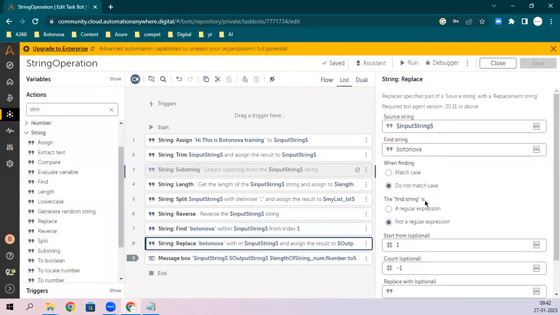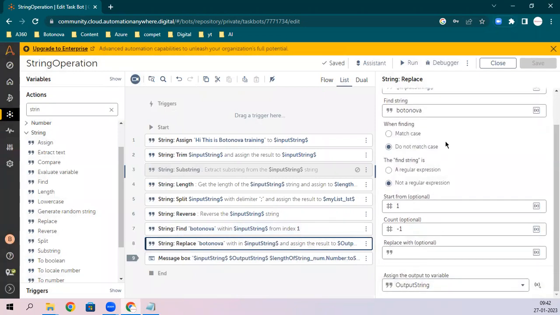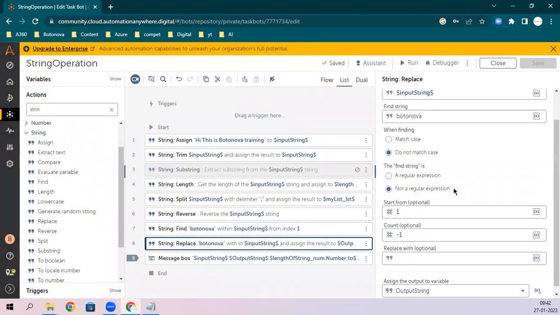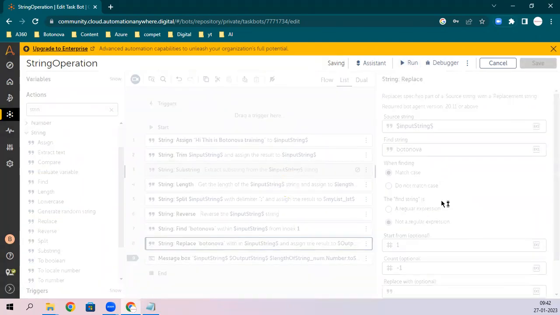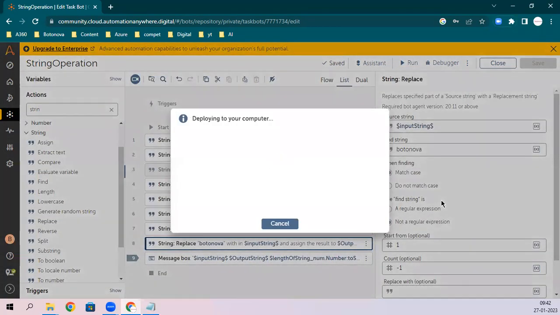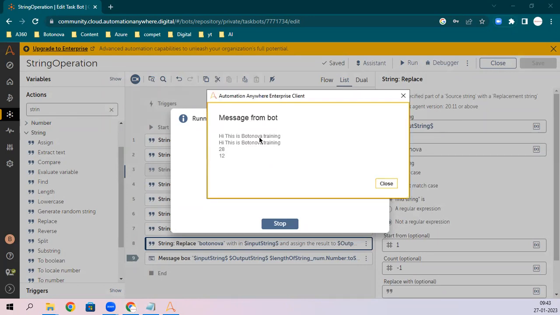You can use it and assign that output to your output variable. So let's suppose this is not found.